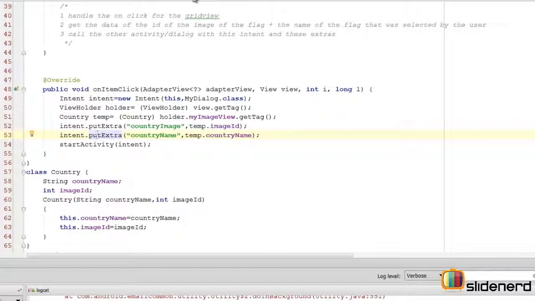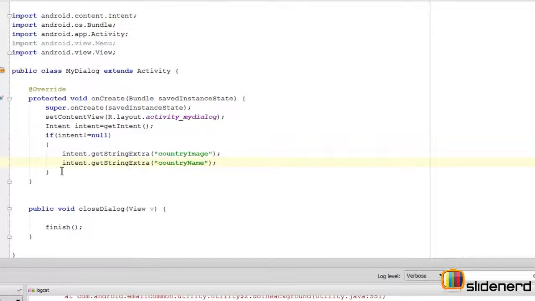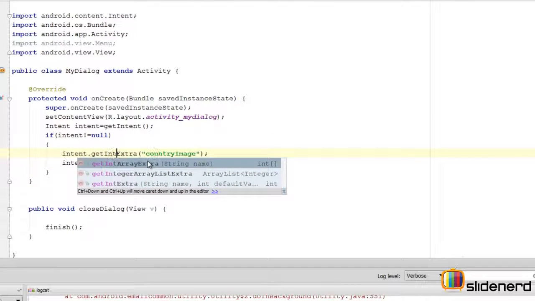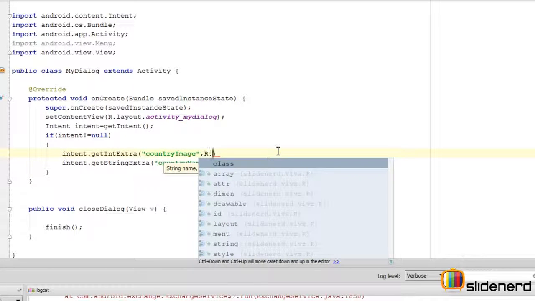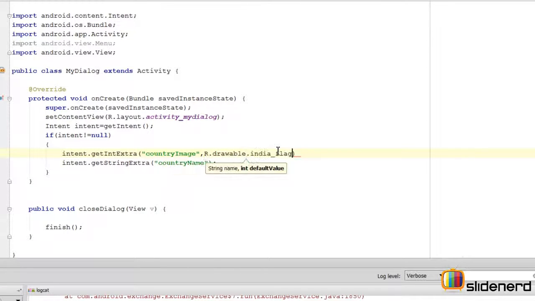Now here I just need to go to the other side, that is my dialog, and I'm gonna say int content get int extra. Remember the image id was an integer extra, so I'm gonna say get int extra here, and I'm also gonna give a default value. The default value is going to be the drawable image of India's flag. So I'm gonna say r.drawable India's flag for the default value,